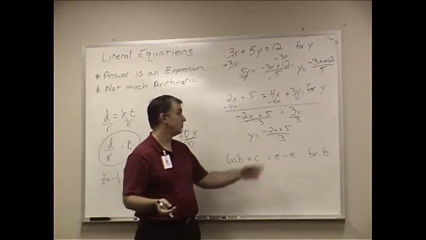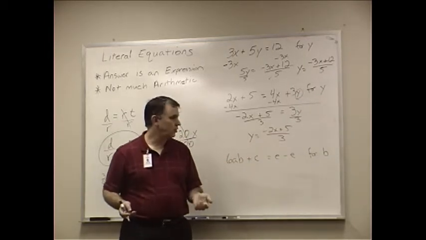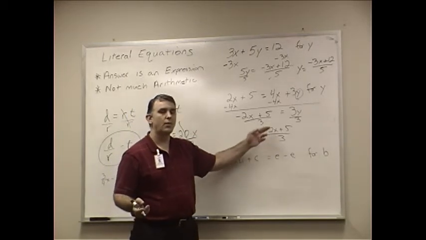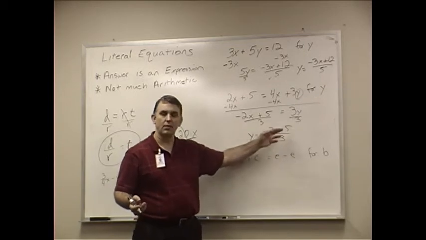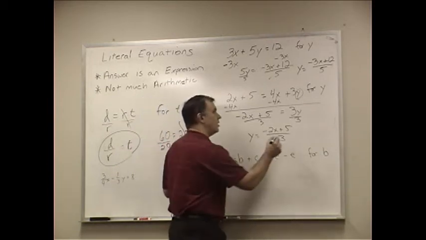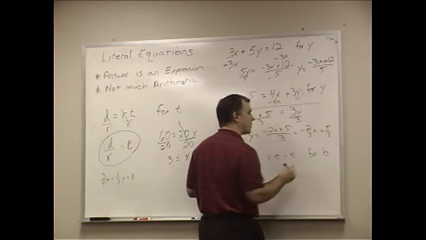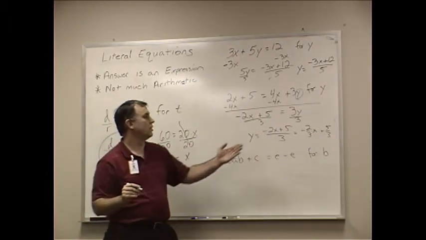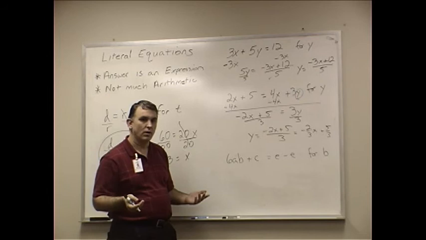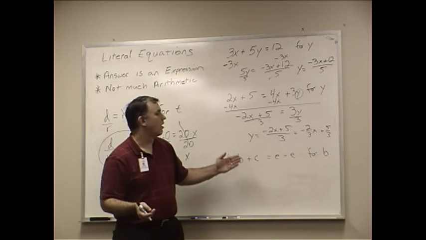As a side note, if you wanted to distribute this 3, and if you wanted to do the division, you are welcome to. Okay, you could divide the 3 by the negative 2x and the 3 by the 5, or the 5 divided by the 3, and it would work out. This would give you negative 2/3 x plus 5/3. That's a little bit messier, so we don't generally do that. There are points where you may have to in the future. So you can divide that, but if you divide it, you got to divide it by both of them. All right, the last one